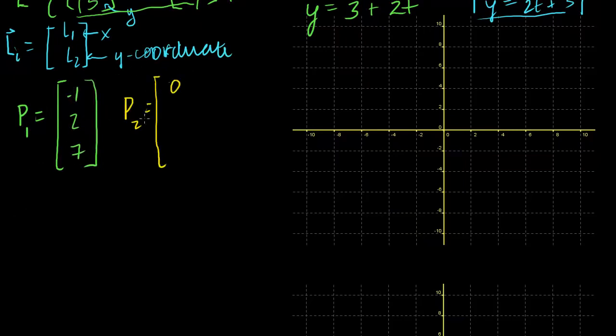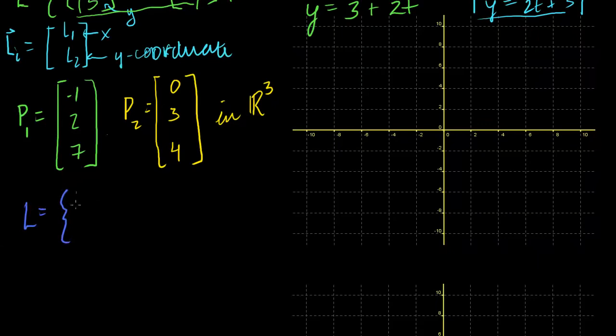Point 2, I don't know, let's make it 0, 3, and 4. Now, what if I wanted to find the equation of the line that passes through these 2 points in R3? So this is in R3. Well, I just said that the set of this line, let me call it L, is going to be equal to